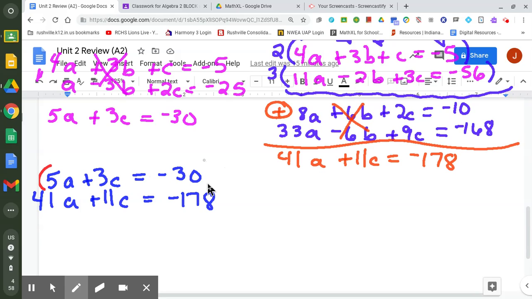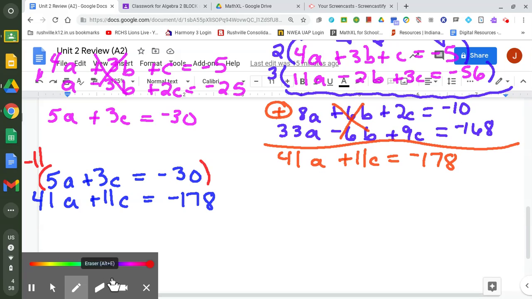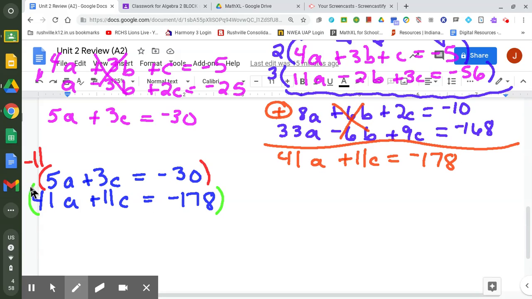So the top equation, I'm going to multiply times a negative 11, because what that will do is make this a negative 33. And then on the bottom, I can multiply this equation by a positive 3, because that will make this a positive 33. So over here to the side, okay, I've got negative 11 times